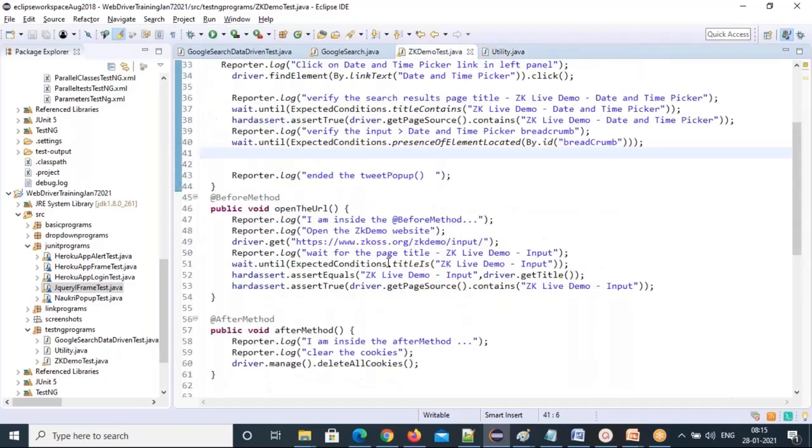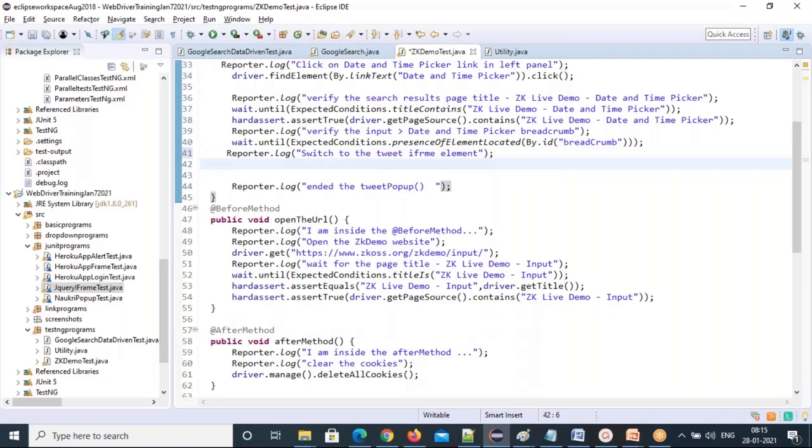So first I need to switch to the tweet iframe. Reporter.log, switch to the tweet iframe element.